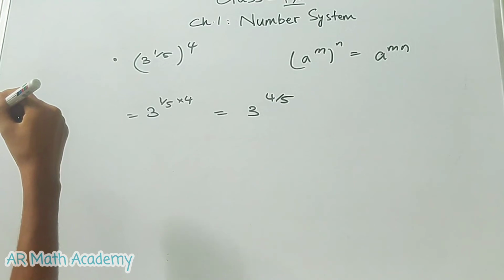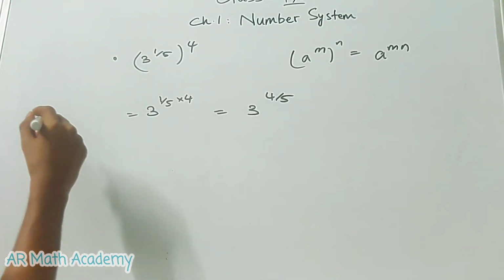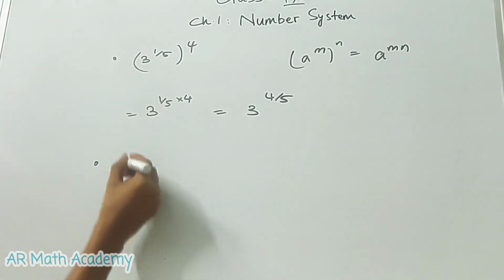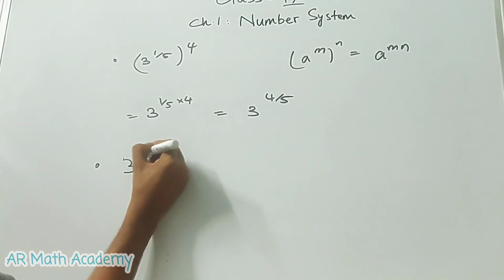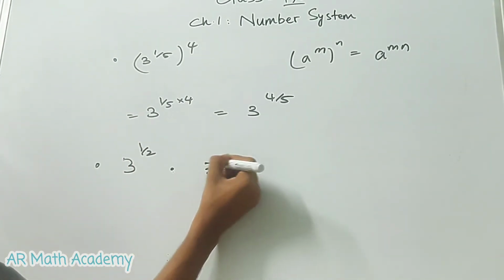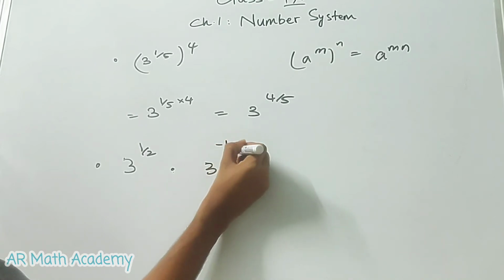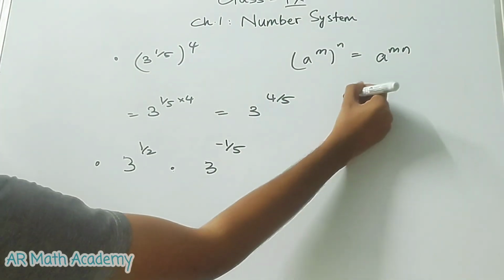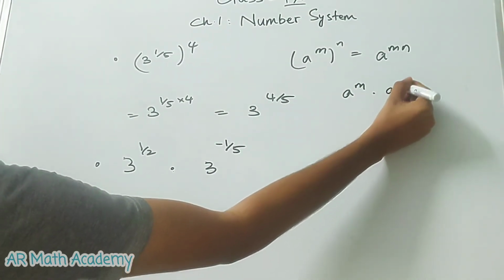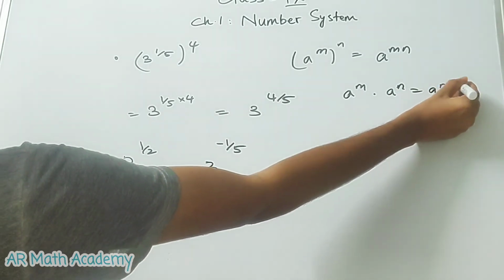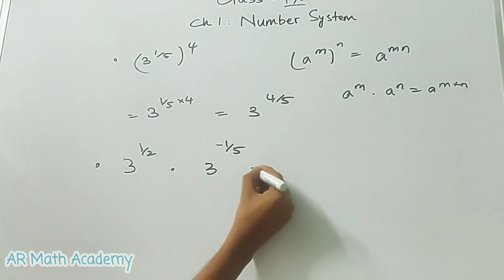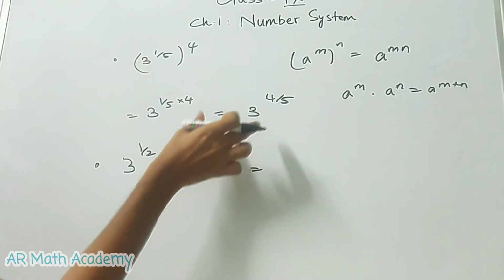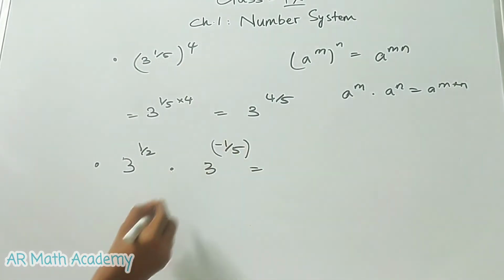But what if you have negative powers? You can also have negative powers over here. That is a rather interesting case. Take the case of same base, 3 power 1 by 2 times 3 power, let us take a negative number, minus 1 by 5. Suppose this is the case. What is the answer for this one? Well, what you can do over here is same thing. A power m times a power n equals a power m plus n. Apply this. 3 power m times 3 power n is equal to 3 power m plus n. But you have to take n as minus 1 by 5. This whole thing is n. You can't skip the minus over here.